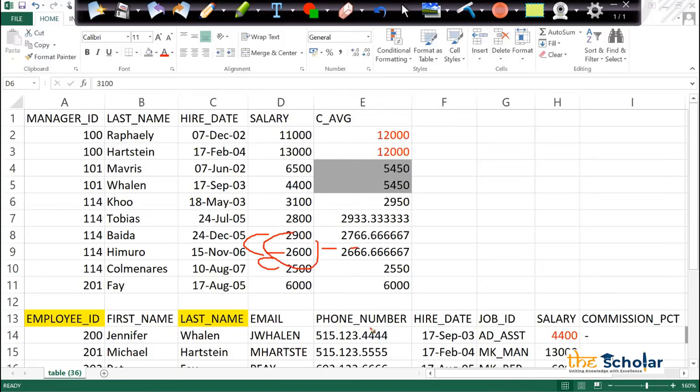To the next row, preceding is there, following is of a different manager altogether. So I'll take the average of these two. Comes out to be 2550. Right, so it is taking one previous and one next and finding the average, one preceding and one following, and giving me the output.